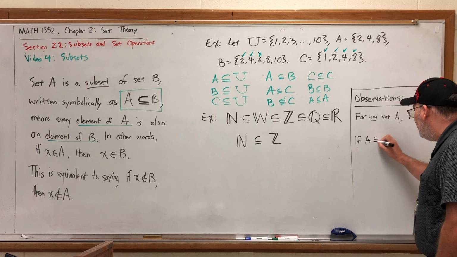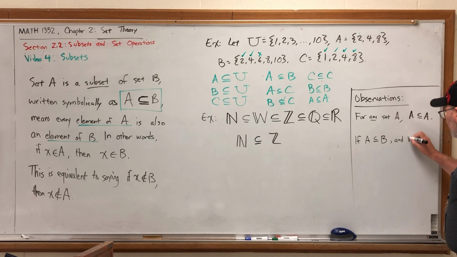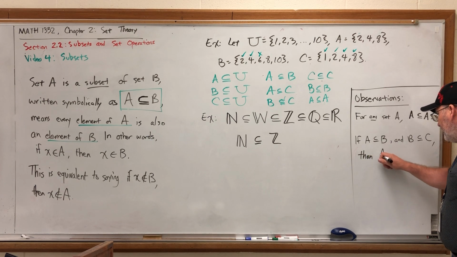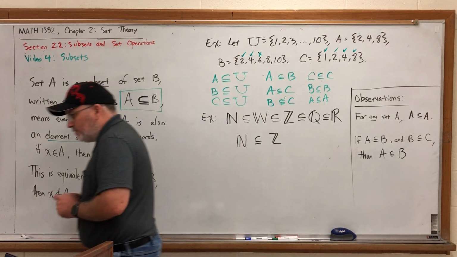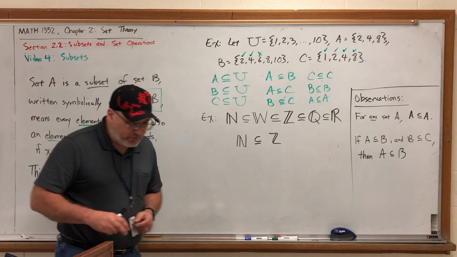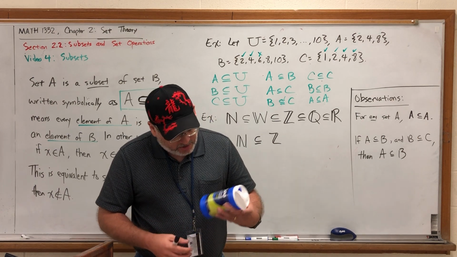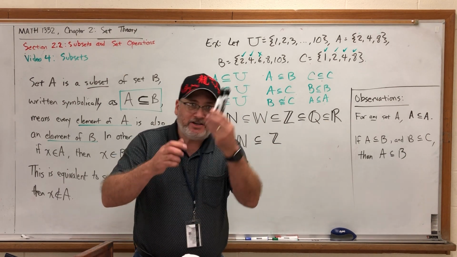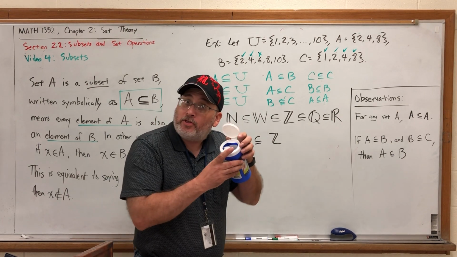If A is a subset of B, meaning A is contained inside of B, and B is a subset of C, meaning that B is contained inside of a larger set, then A is a subset of B. If you think about subsets as one collection being inside of another, that last thing is pretty easy to see. For example, this is a container of wipes that I use to clean the board. Currently there are no markers in it, but I'm going to take this set of markers and put it inside with the wipes.